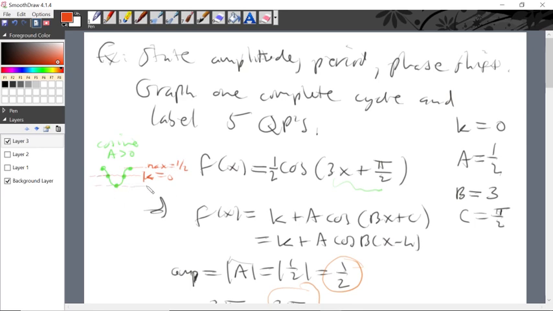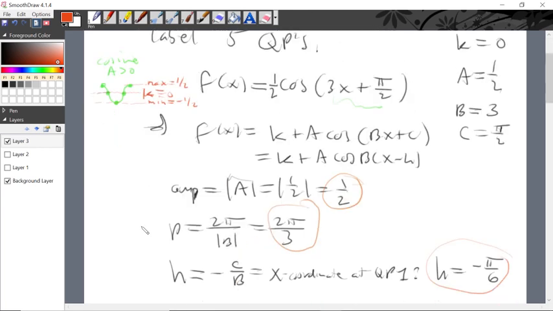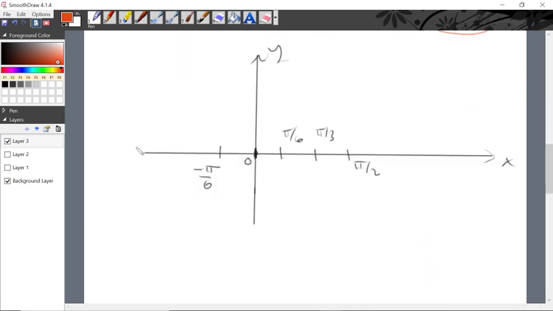The minimum would be below equilibrium, also by the amount equal to the amplitude. So the minimum is at negative 1/2. So it's exactly the height of the wave below equilibrium. So those are our y values. We're going to go as high as 1/2, as low as negative 1/2, and 0 is of course right in the center. So I'll label that we have 1/2 up here, and I'll label that we have negative 1/2